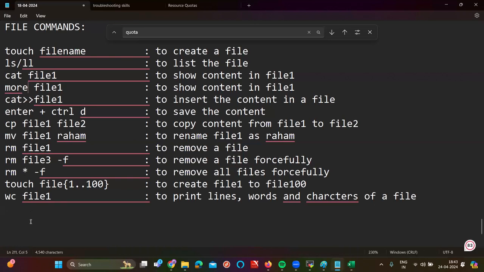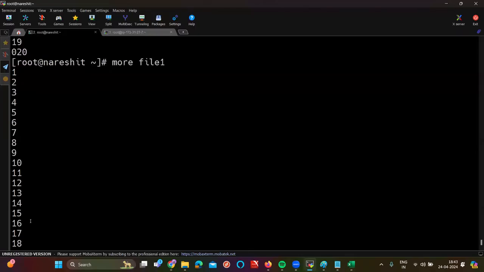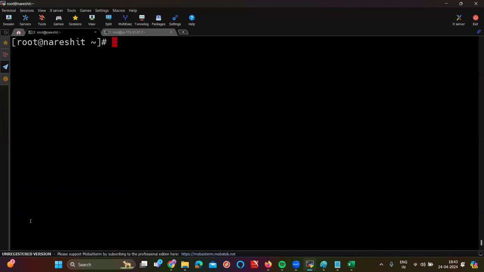Sir, whenever you use the cat command or the more command, what exactly will happen? It prints the content. That was absolutely fine. Now my requirement is I don't want to print all the lines. I want to print specific lines. For example, if I want to print the top 10 lines of a file, I can use the head command. Which command? I'll clear the screen. head file1. Is it printing the top 10 lines or not, sir? By default, it will print the top 10 lines.